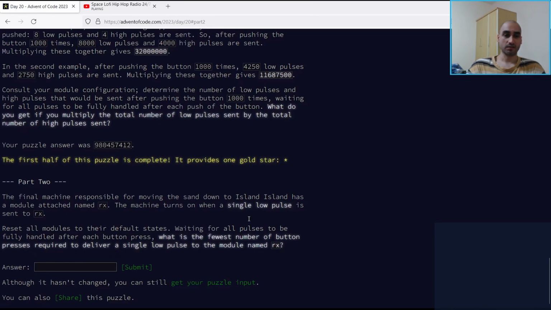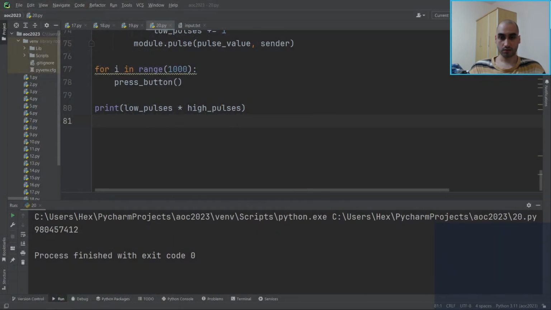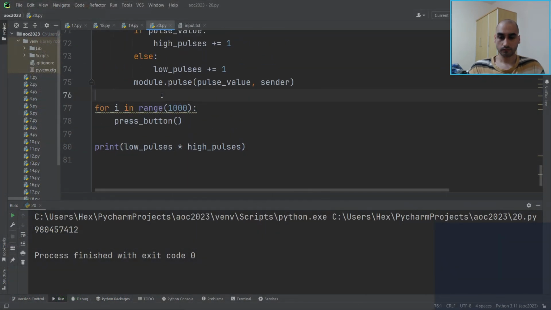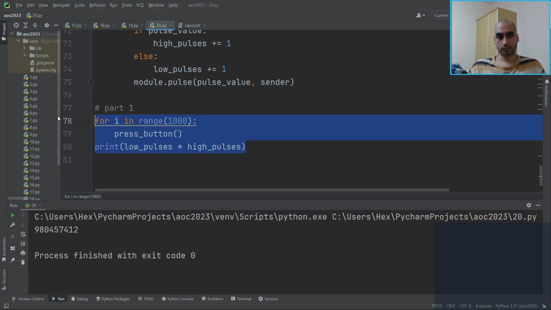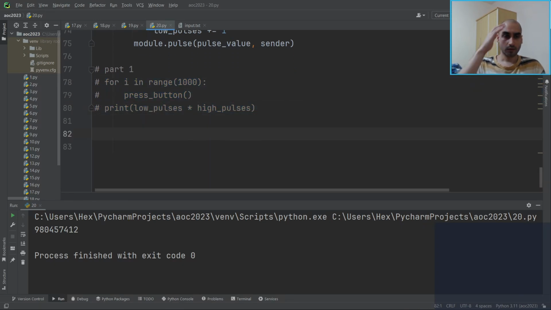Alright, I have a bad feeling that we're going to have to actually work out the semantic meaning of these pulses, and nevertheless, I can try running it. So let's just try running it then. So that was part 1. Okay. Part 2. I suppose we want to just